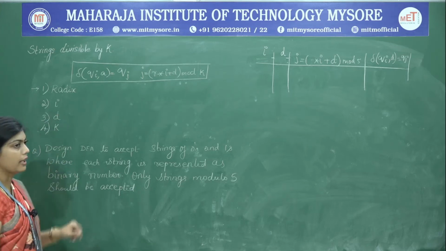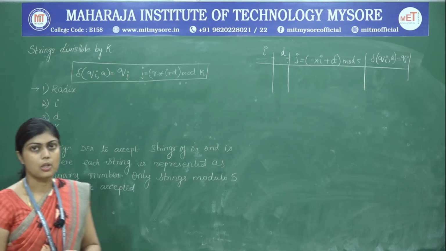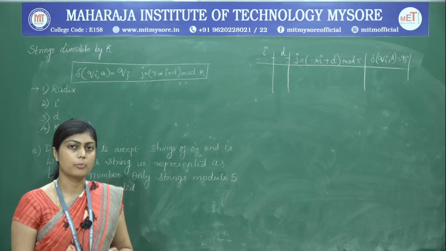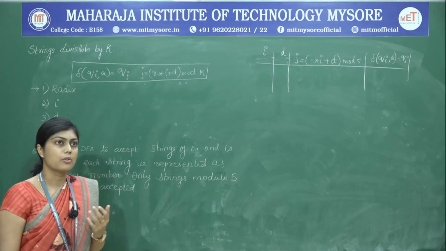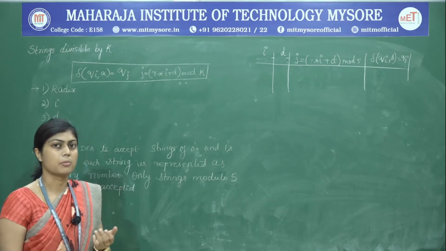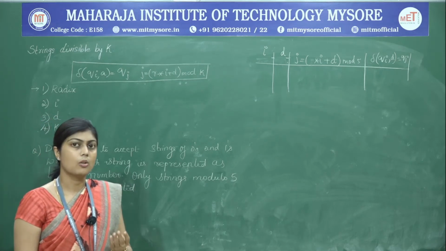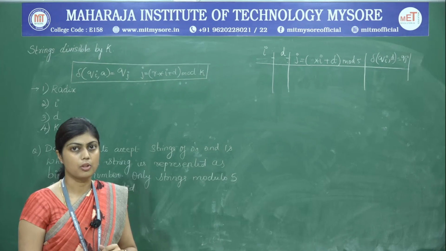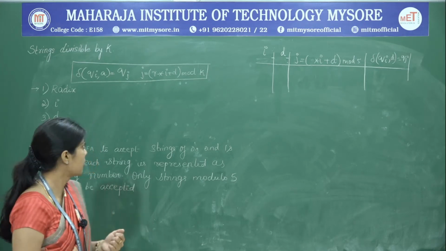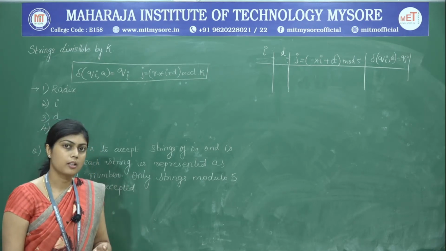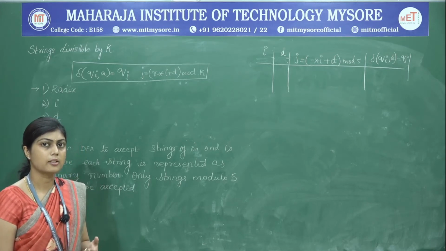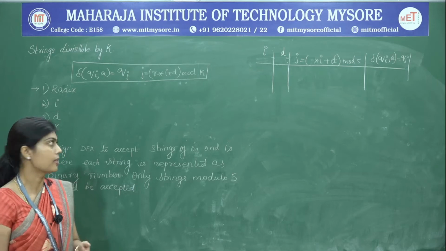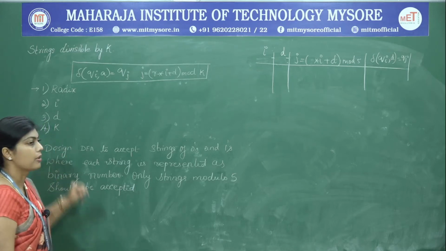Next we have to find I. I is nothing but the set of all the remainders that we are going to obtain when we divide any number by k. So if you are looking for all the numbers which are divisible by 5, then 0, 1, 2, 3 and 4 are going to be the possible remainders. And we should remember that these remainders are going to be the states of the DFA that we are going to design.